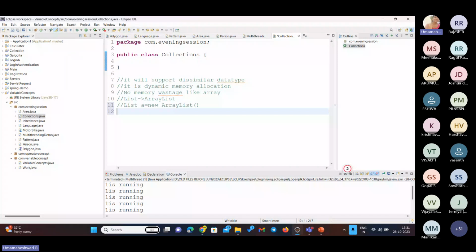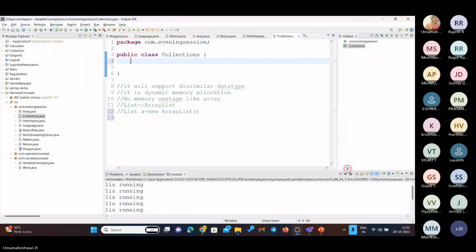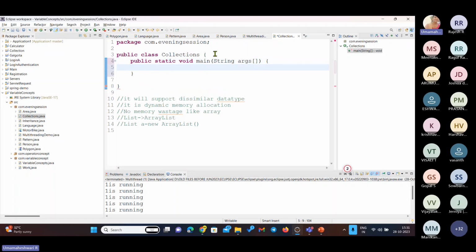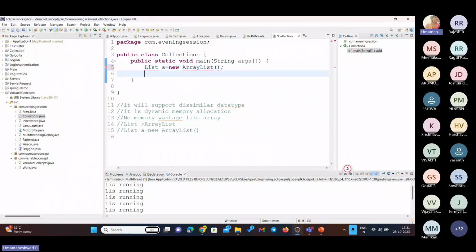Like first, we can create one example. So public static void main. Okay. So inside this, I'm creating a list. This is the interface. Interface is like A is equals to new of. I'm creating an ArrayList here. Okay. This is a set of ArrayList. So in ArrayList,